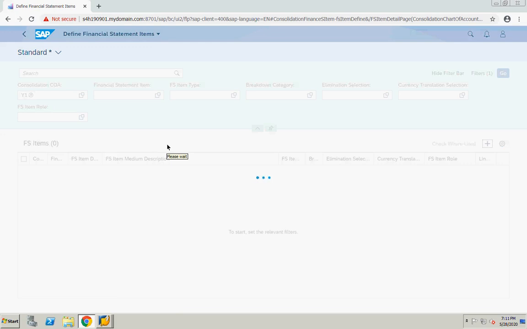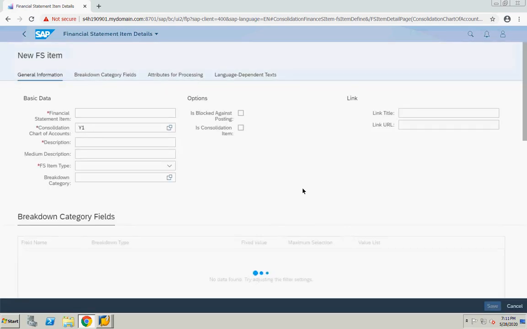it opens one screen. There you can give the FS item name, number, description, and some attribute values. Definitely it will be difficult to create them one by one. So SAP has given an option: you can import financial statements master data.